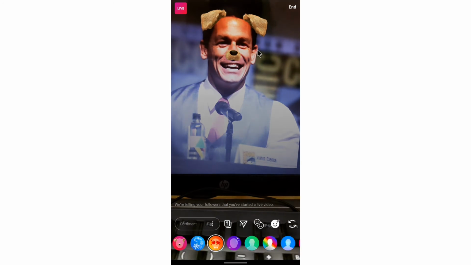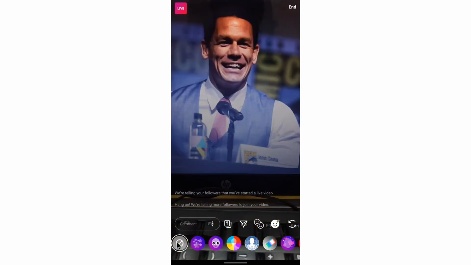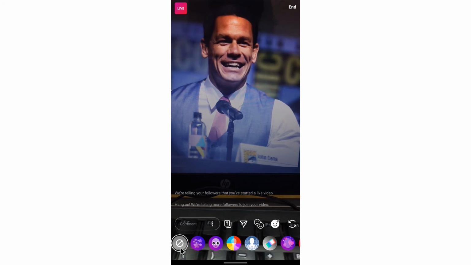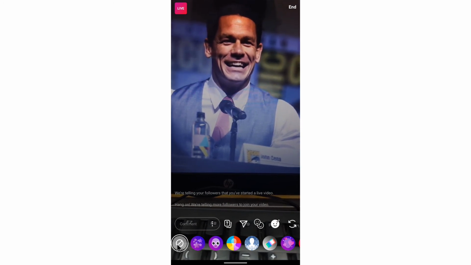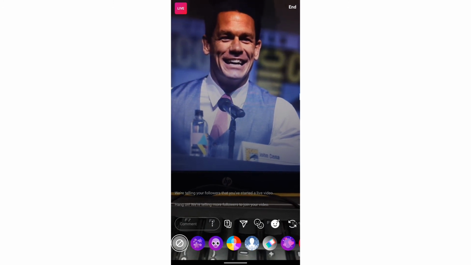If I don't want this dog filter, I can always go back to the original one. You can see this sign where it doesn't have any filters, so I can always go back to the first one. So this is about filters for live